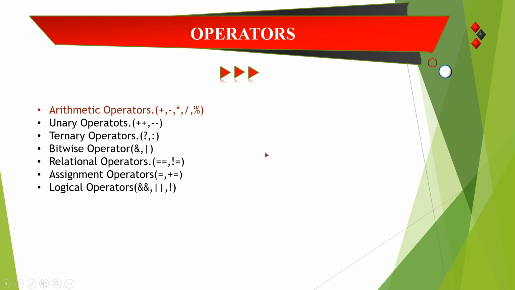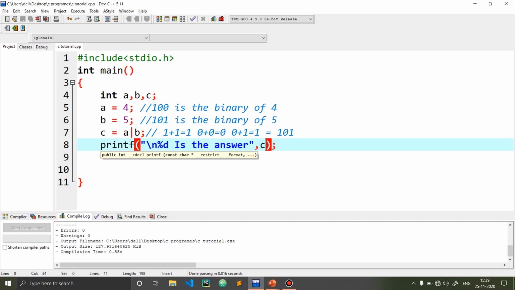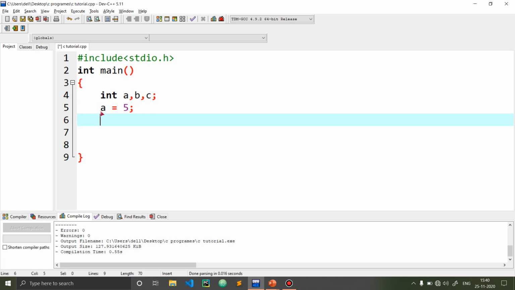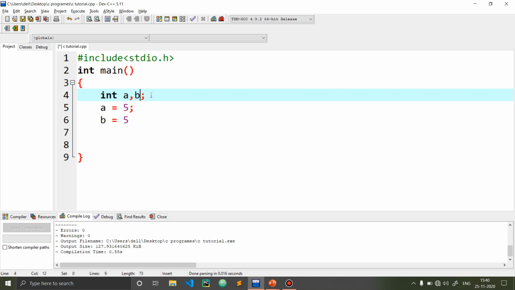And now the relational operators. As mentioned in the name, relational operators are the ones that help us to relate something. We have to write a code snippet in some looping statement, because we relate things in loops. I am not able to give you an idea about looping right now, but just know about it. In the next video we are going to start loops, so don't worry. Just see that I am giving a equals 5 and b equals 5, and we don't need c here for this code snippet.